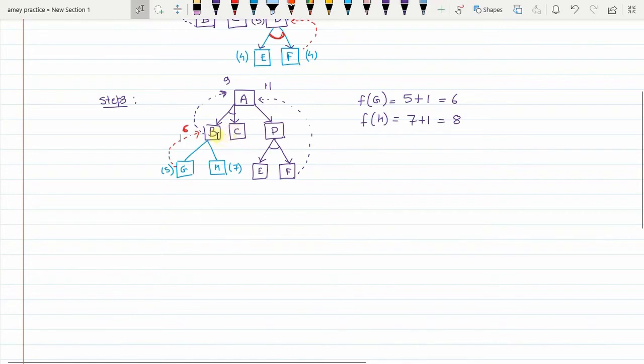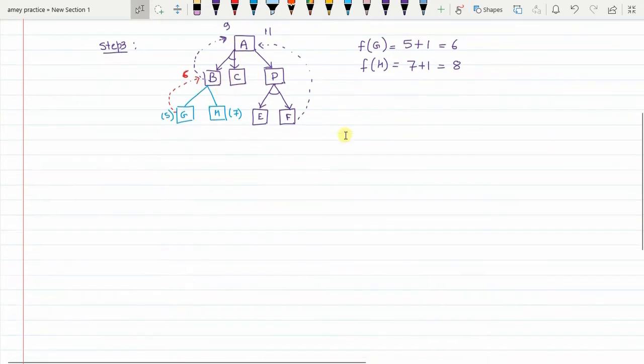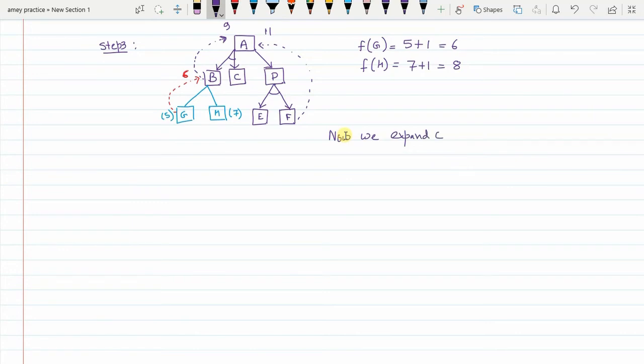So unless and until both the sub goals B and C are solved, you cannot solve A. So since we have solved B, now we have to solve C. At the end of this step, we decide to expand C, which is a sub goal along with B. So now in step 4,